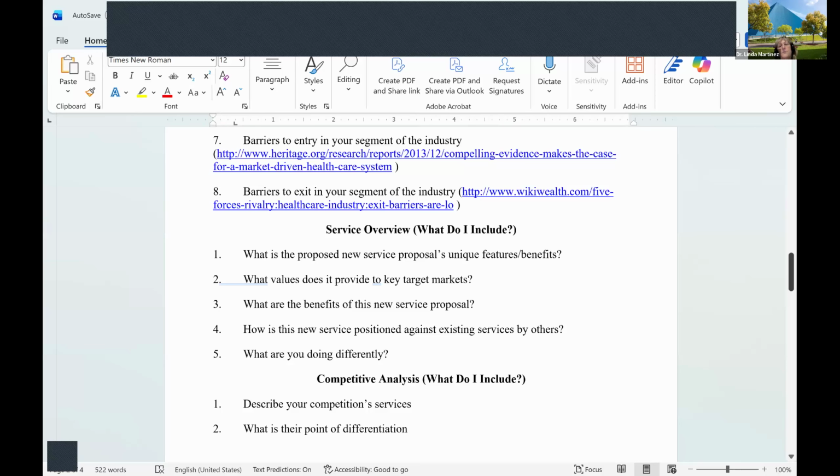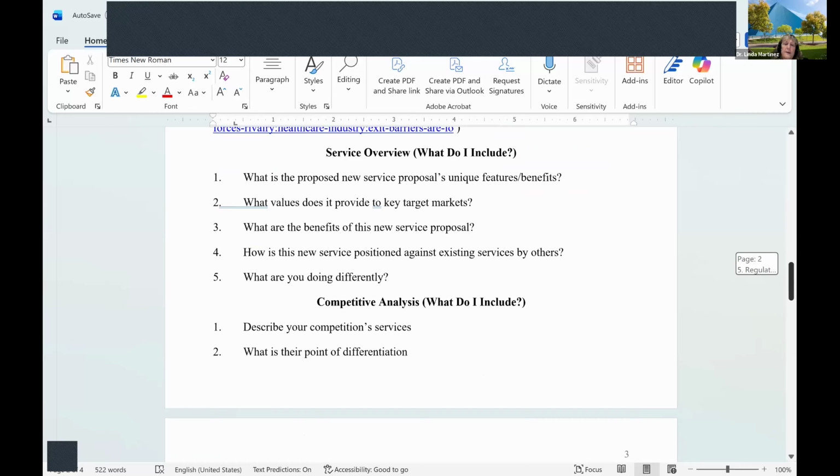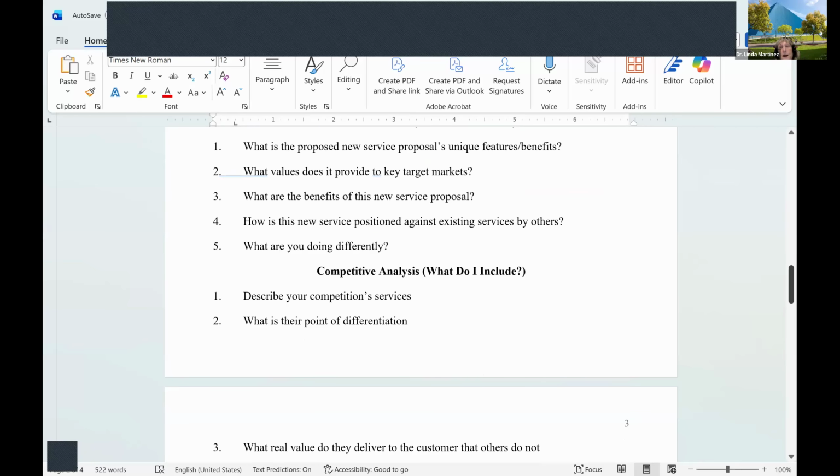Now, this is what I was telling you about earlier. You have to choose one competitor, and you're going to go on their website and describe what they offer. It can be bulleted, but it can also be paragraph form. Now, in this case, the reference would be the website or someone who posted information on the website. So remember, you have to have 18 references.